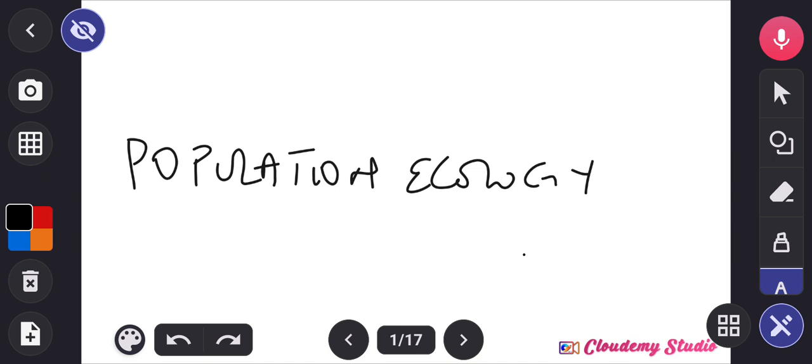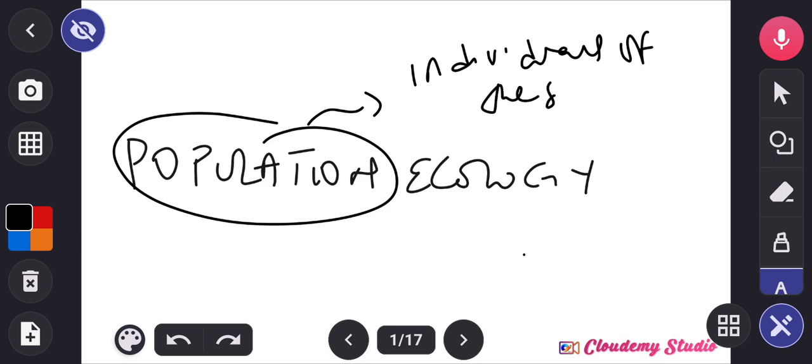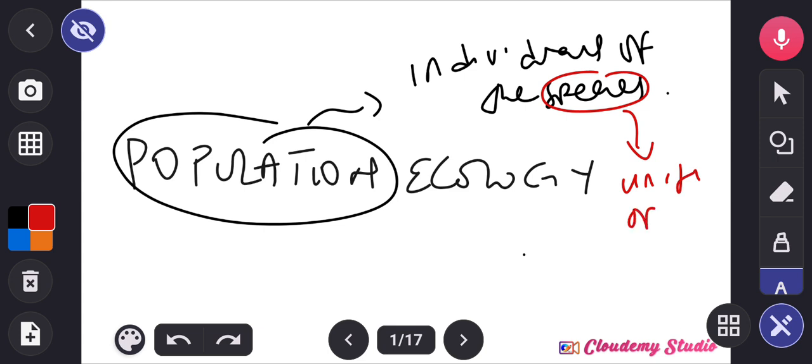And when we talk about individuals, we are talking about individuals of the same species. And when we say species, we all understand that species is the unit of classification. That is a group of animals that are capable of interbreeding with each other under natural conditions. You understand? Under natural conditions, they can interbreed with each other, and under natural conditions, they cannot interbreed with species